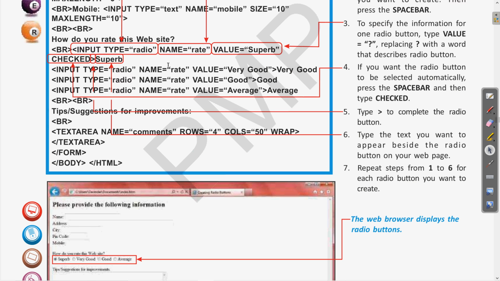This will denote that this is a single set. If you write different names, the browser will treat these radio buttons as part of different sets, and then we can select multiple options. That is why it is important to emphasize that the name should be common for a single set. I hope this is clear.